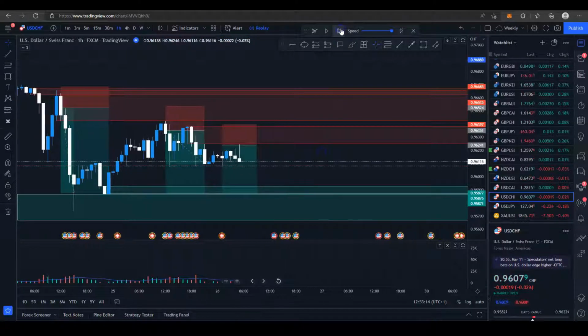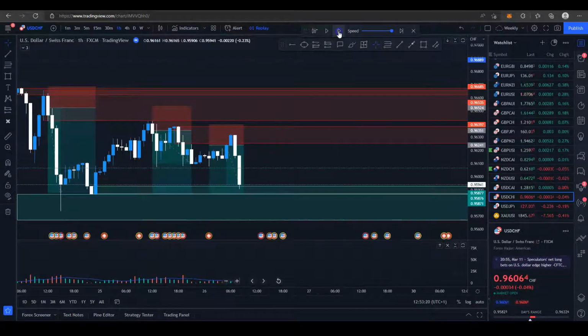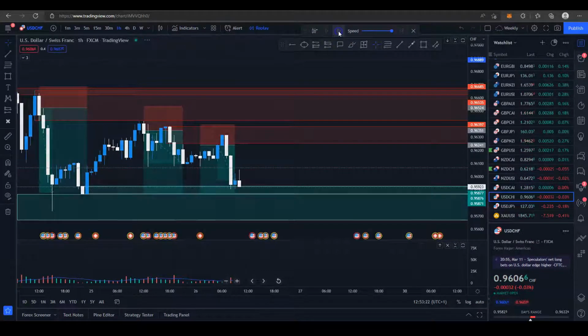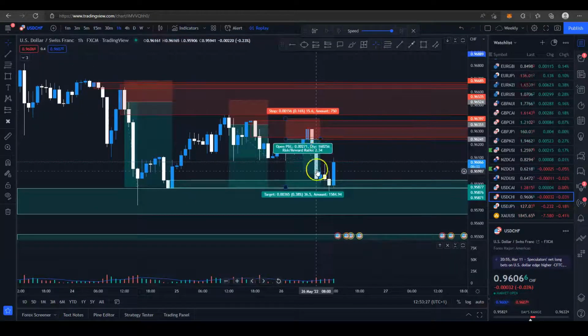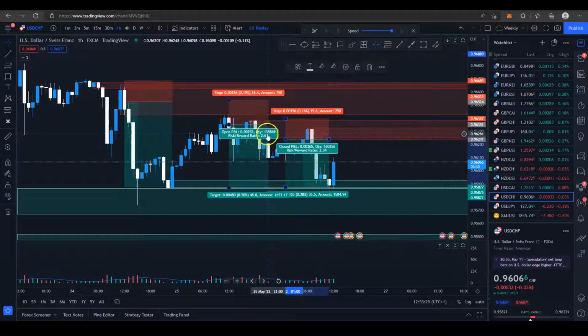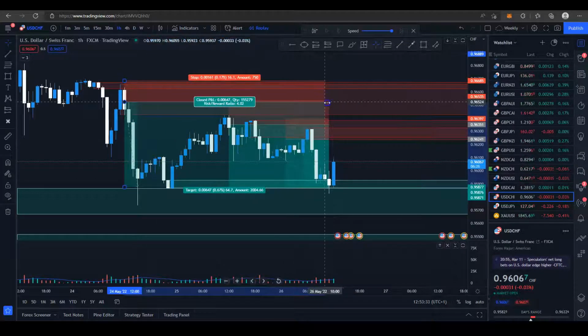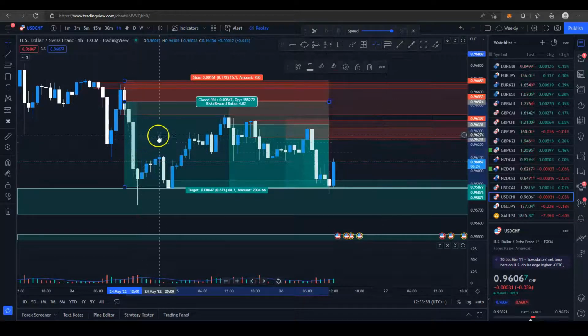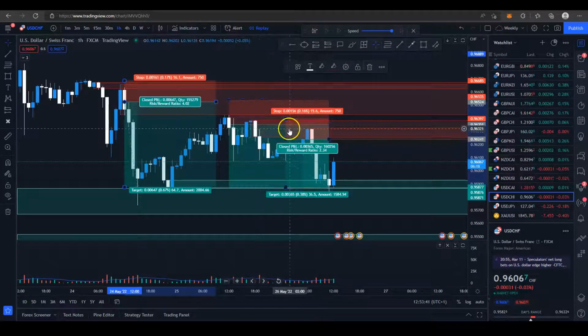So we can take a second entry there with stops above that area, and there we go, we've tapped into the bottom, and that is where price is up to right now. So you can see that this has hit target, this has hit target, and our very first one has also hit target. So you've got a 4-to-1 trade here, you've got a 2.6 to 1 trade here,